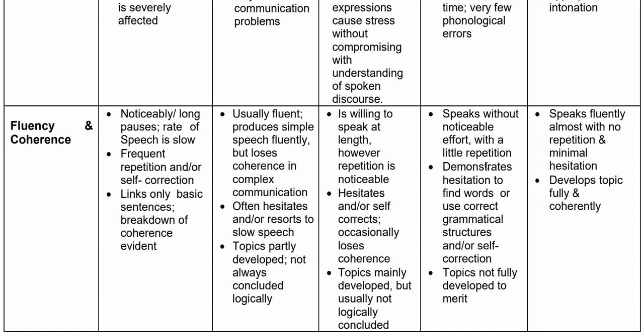So that means one repetition is a drawback over here, and demonstrates hesitation to find words. That means fumbling for looking for words, or use correct grammatical structures. That means constructing one structure, then correcting oneself, so that it shouldn't have an s, or it should have an s. So grammatical structures or self corrections that will lead to 1 mark held back while marking.